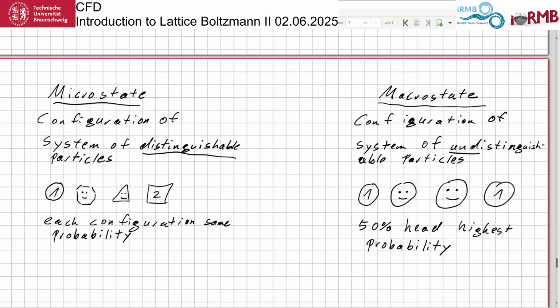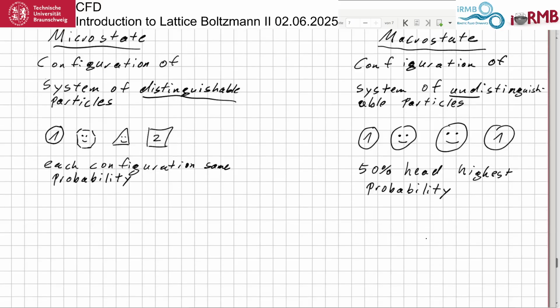And this is what we call the equilibrium then. So the highest probability for local